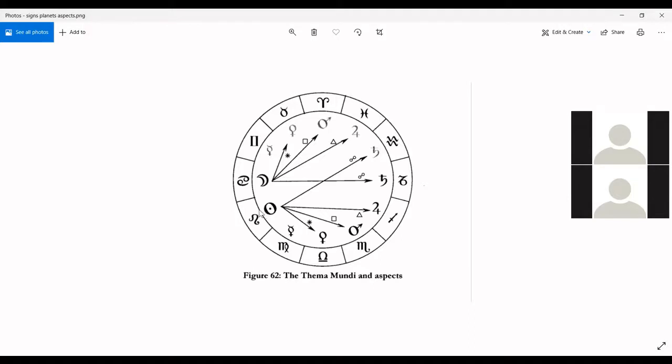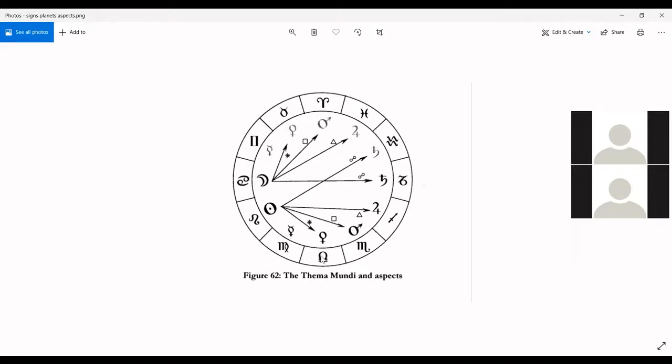All right, so what they're basically saying when they say that is taking the two signs of the lights, right? The moon rules Cancer and the sun rules Leo. If you look on either side of those signs, you have Mercury signs. So you have Gemini right next to Cancer, you have Virgo right next to Leo. That's 30 degrees away. Remember, there are 30 degrees in every sign. That means that 30 degrees away from the lights are the signs of Mercury. 60 degrees away from the lights are the signs of Venus.